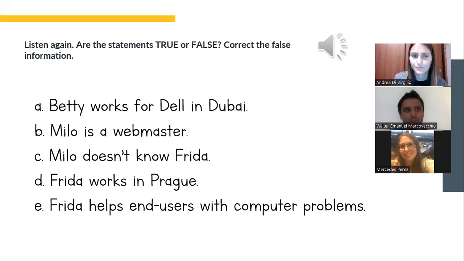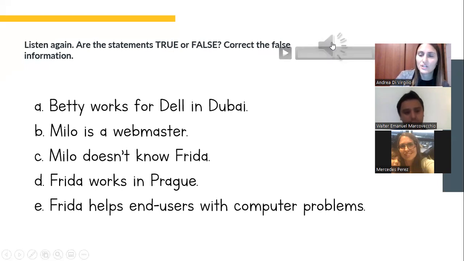C. Milo doesn't know Frida. D. Frida works in Prague. Y la E, ¿cómo se dice? E. Frida helps end users with computer problems. Very good. Okay. So this is Milo.